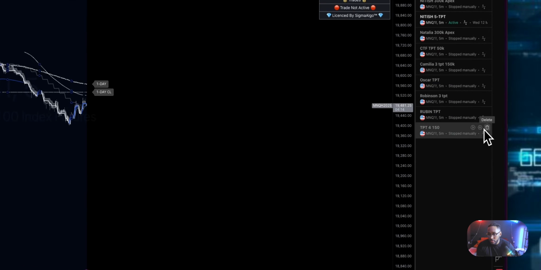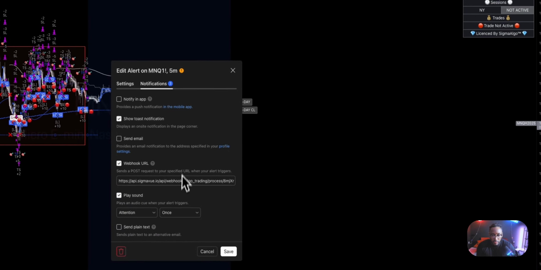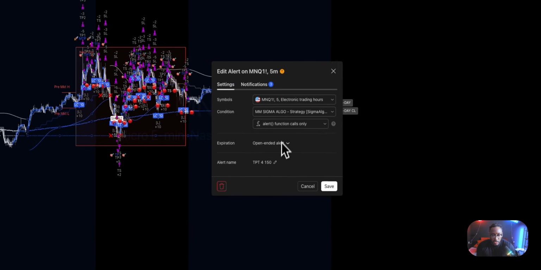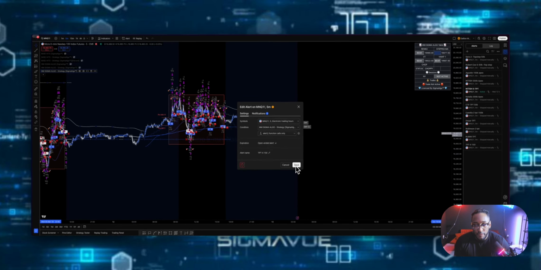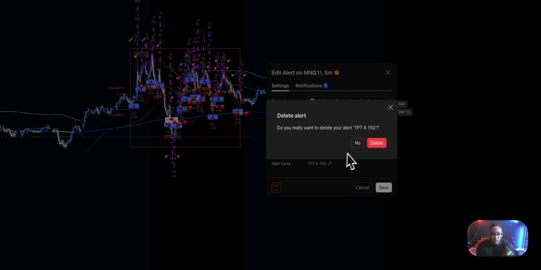If I want to delete the alert, I delete it on this trash can. If I want to edit the alert, say you change webhooks for whatever reason, you want to change the name, whatever, you can do that, okay? So I'm going to delete this, but also another thing,